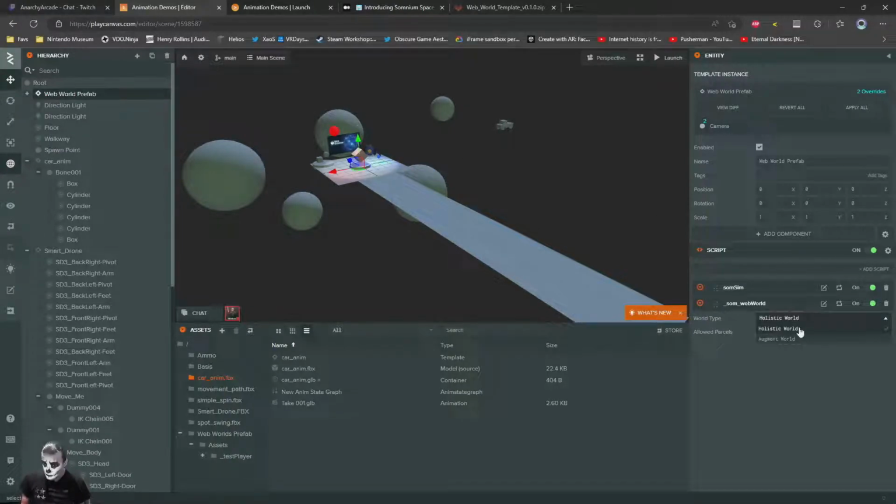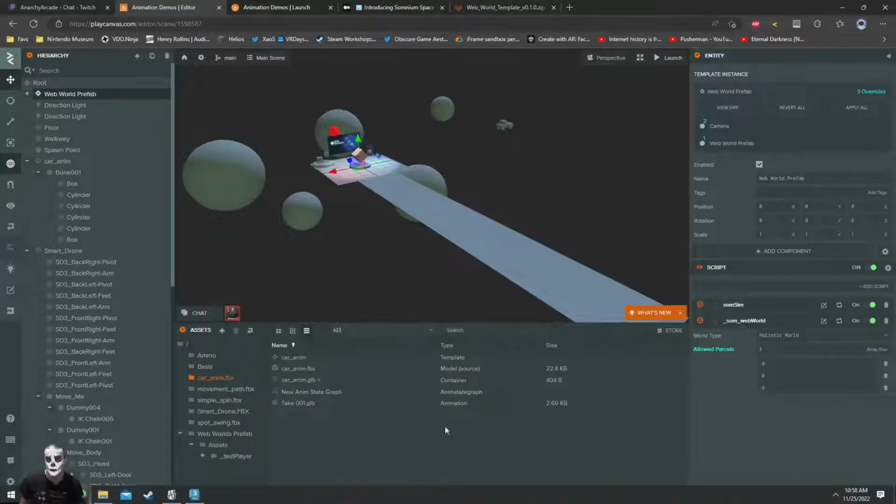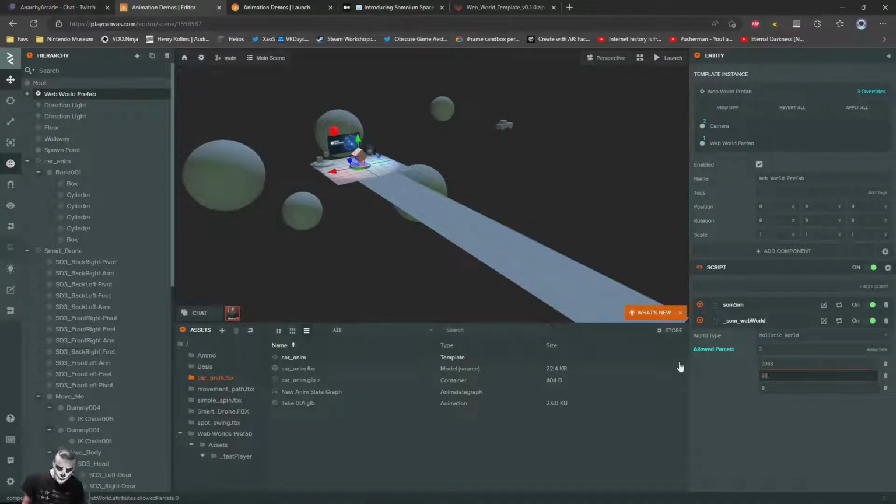The same way that you change between augment and holistic, you could change the allowed parcels. If you leave it on the default value, it'll work anywhere. Anybody that puts your web world URL onto their parcel, it'll work. But if you wanted it to only work on you and your 2 other friends' parcels, you could say, okay, I've got 3 parcels that I want to allow this on. I want to allow this on 338, I want to allow this on 28, and I want to allow